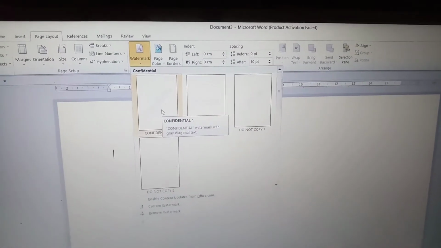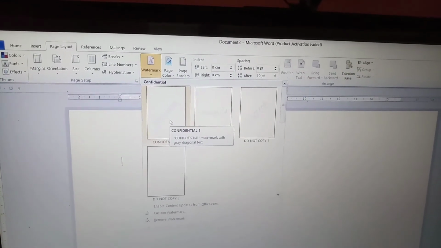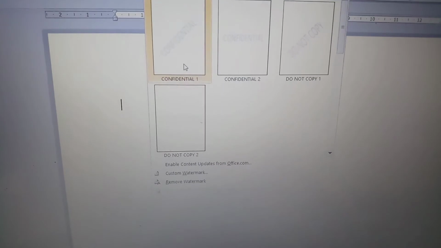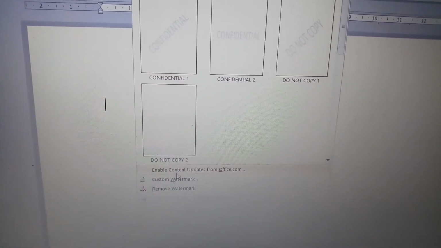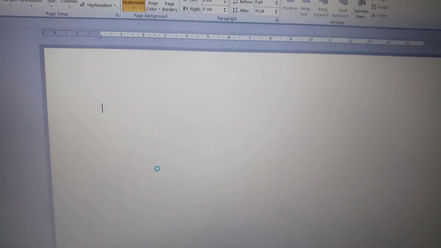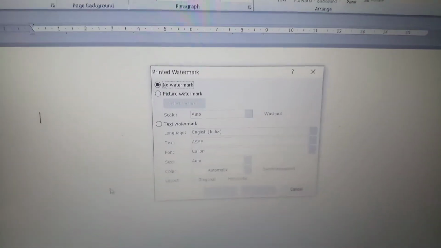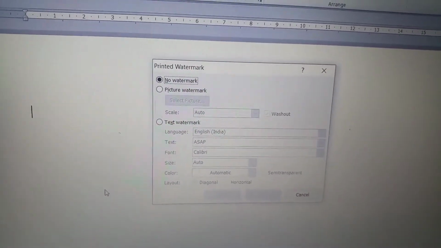You can choose any, or you can create your own watermark also by clicking on the custom watermark option. As you click on this custom watermark option, you will get a dialog box.